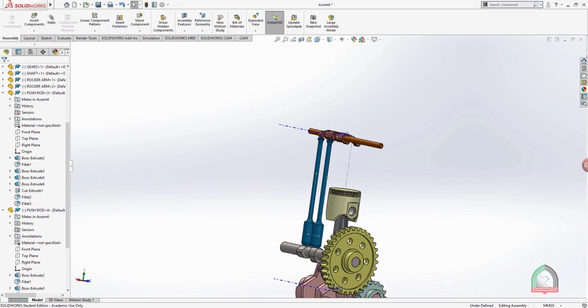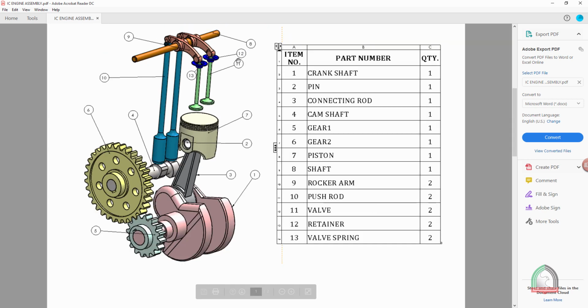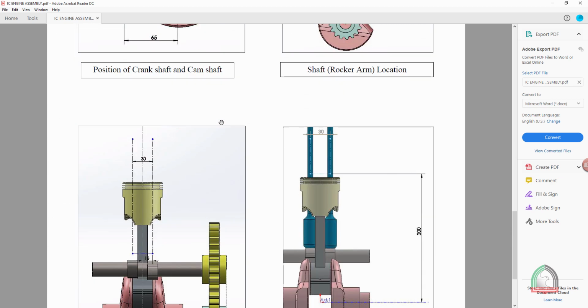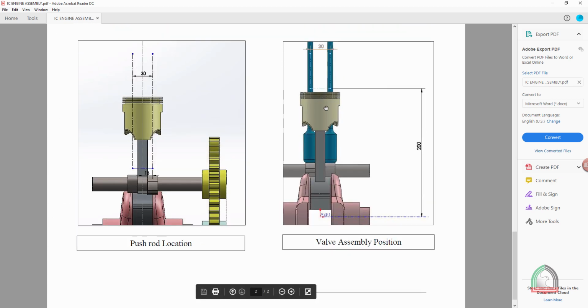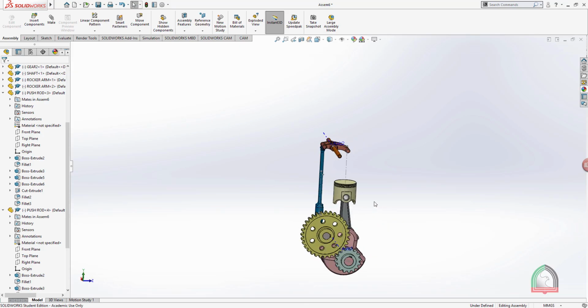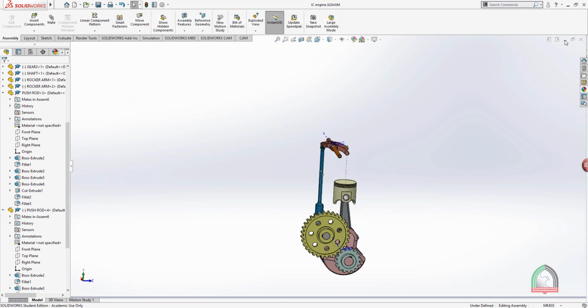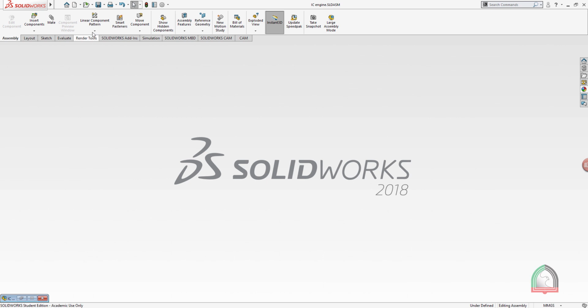Now we can go for the next part, that is the valve part over here. So item number 11, 12 and 13. See, the position of the valve assembly is over here at a distance of 200, the same distance apart. So for that, what we are going to do, we can save the current assembly and go for a sub assembly. So I'm saving this one, rebuild the component. Now I can start a sub assembly. I'm minimizing this one. Open a new assembly,